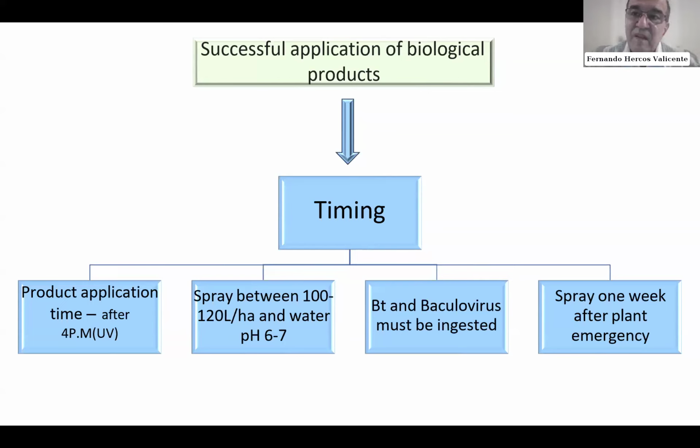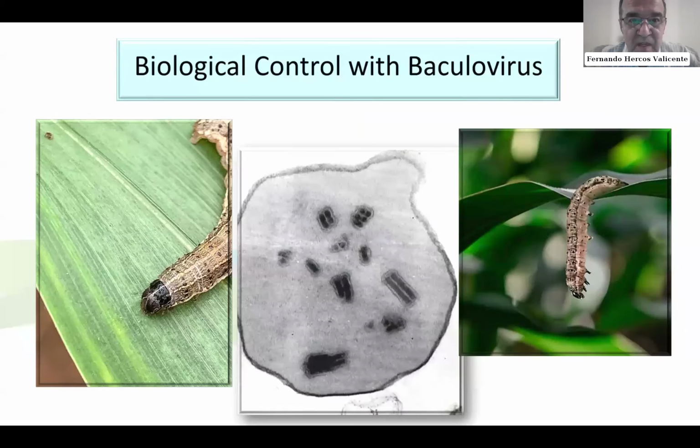In Brazil we are having heat waves, last year and this year. So if you wait too much, you just have overlapping sizes, and it's a really big problem. Next, please. I'll try to talk a little bit about biological control with baculovirus from the perspective of what we got so far. Next, please.